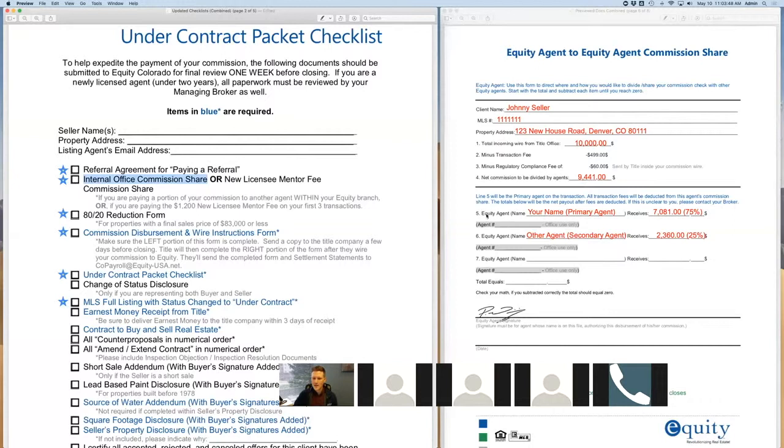And then down here on line 5 and 6, so Jenny, in my example that I gave, you would be the primary agent because you're the agent working the transaction. You would be left with 75%, which is $7,081. And then you would list Janet Gunther down here as the secondary agent receiving the 25%, which is $2,360 based on that $10,000 amount. So long story short, if you're splitting a commission with an agent within the DTC branch,